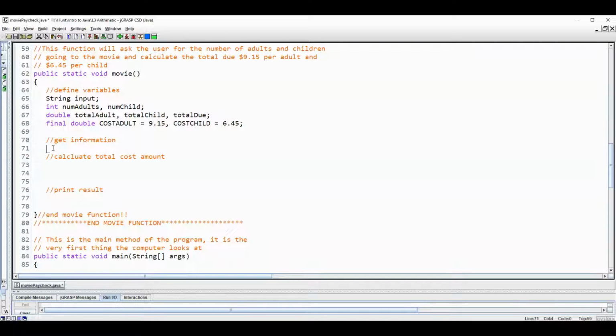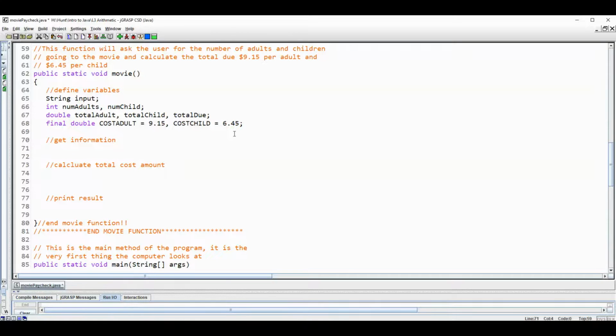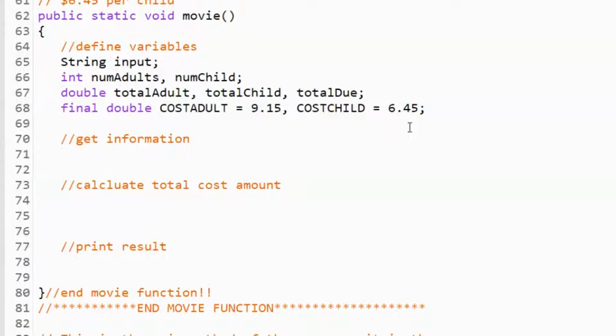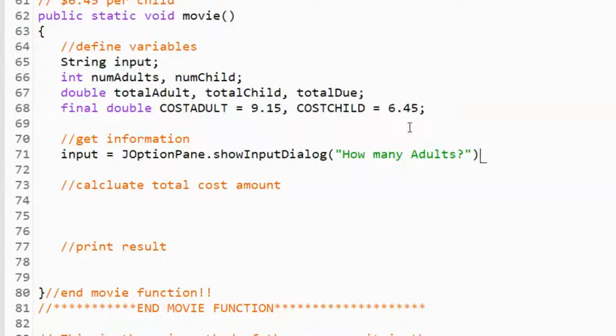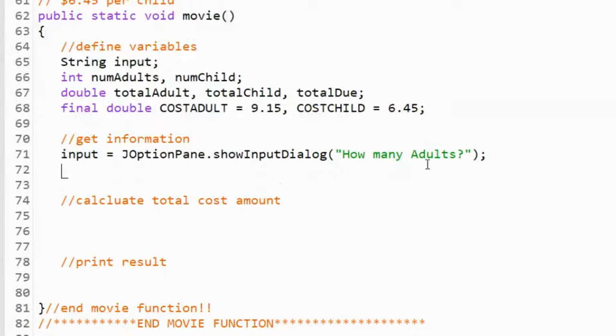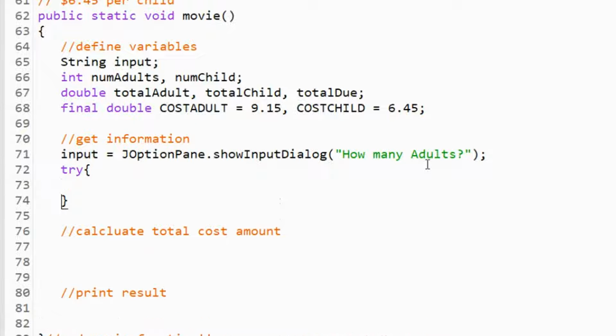Something to be aware of is those are both going to be integers. So for example, you can still use input to get the information with the show input dialog. And you can ask for how many adults and how many children. So you do it the same way, but this time when you use that try catch, when you're reading in